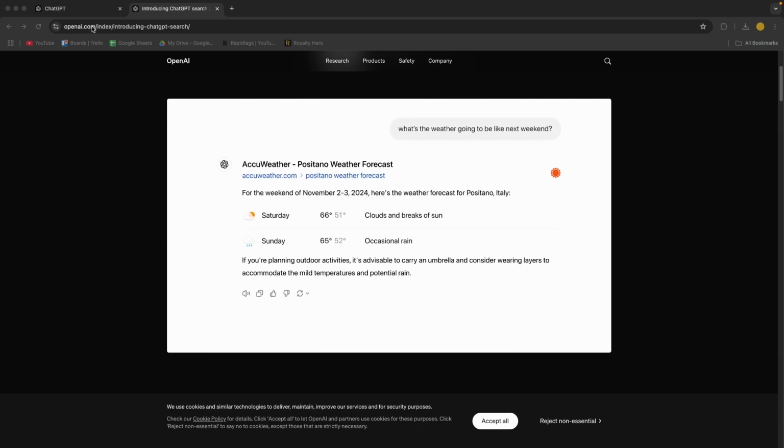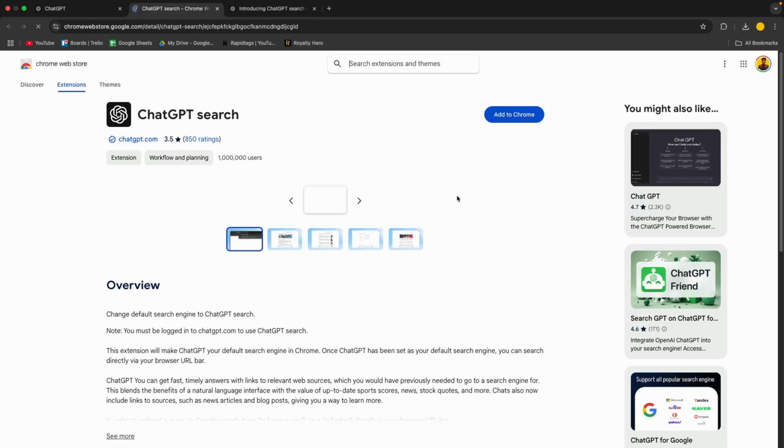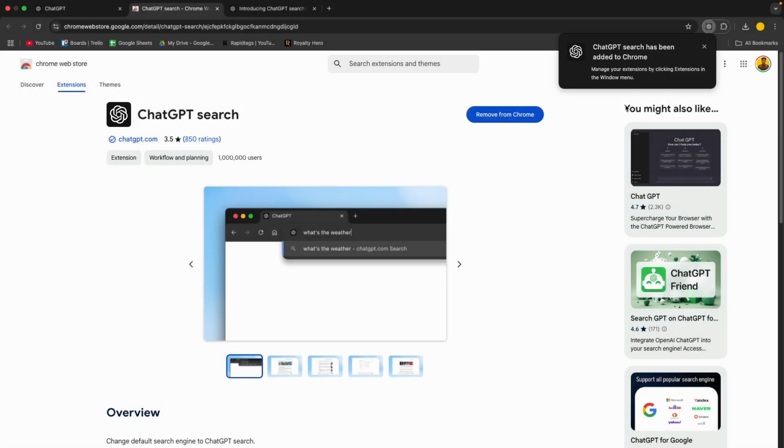And here's how you can download the extension. So right now the best way to get it is to go to ChatGPT. Then go to your profile icon. Then go get ChatGPT search extension. Then it will open up the Chrome Web Store. You can then click Add to Chrome and add extension, and once it's been added, it's going to then change